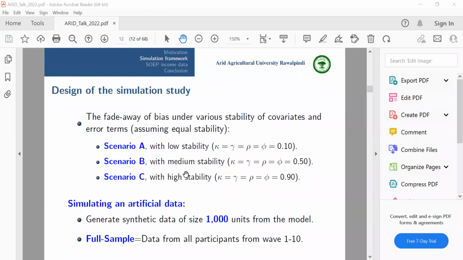Design of the simulation study. There are many scenarios, but here we will focus on these three scenarios. Scenario A, with low stability when model parameters are less correlated, medium stability when model parameters are medium correlated, and an extreme scenario. Then we generate an artificial data of size